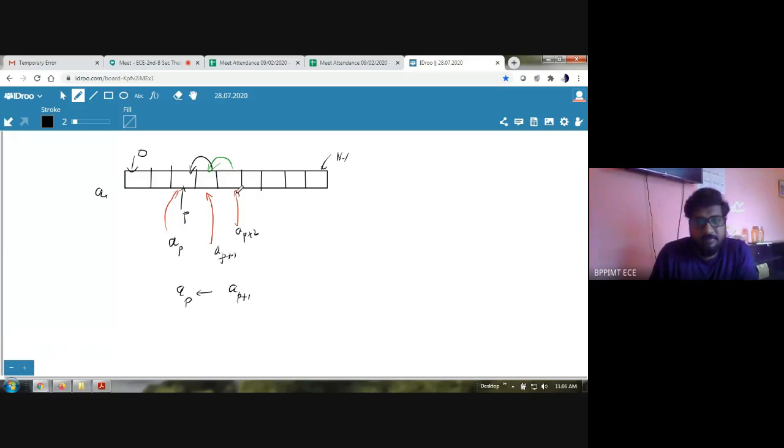So that means this A[P+2] should replace A[P+1]. So we write A[P+1] should be assigned the value of A[P+2]. This means the right hand side is going to replace the left hand side. Okay. Similarly,